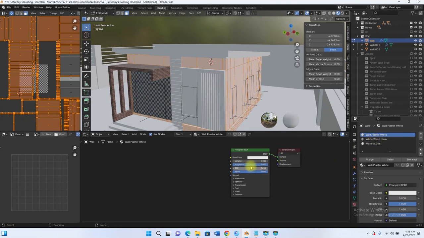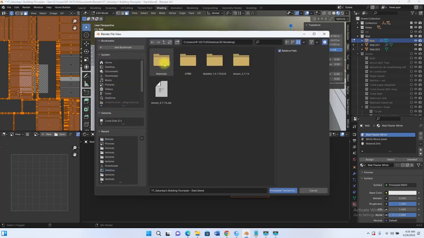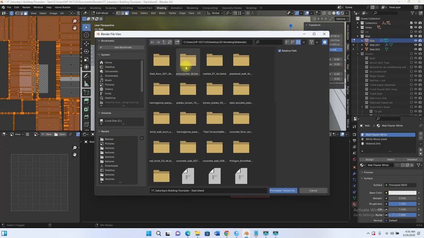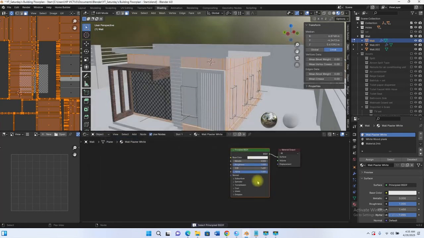So let me go and bring in the wall plaster white, Control Shift C, and I have some of those textures here. So I think plaster wall. So I have the color, I have the diffuse, I have the normal, and then I have the roughness. So once I do that, add that here,